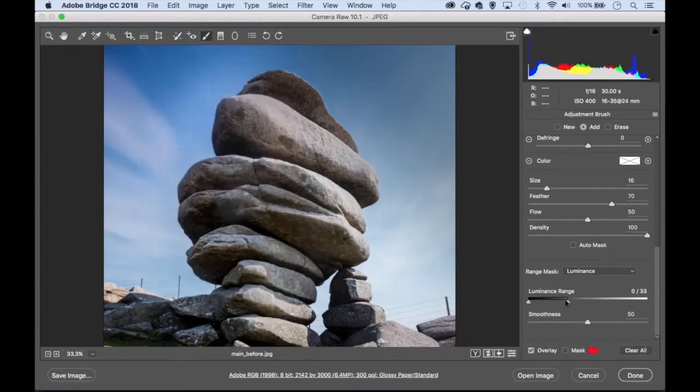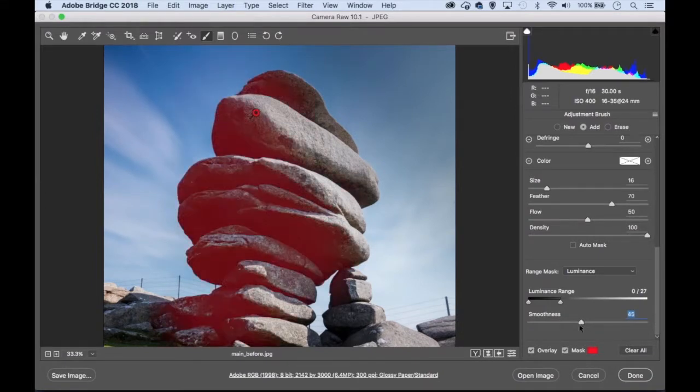So let's target those darker tones like this, and similarly with the color range slider before, we can use the smoothness slider to control the transition of the effect. If we use a high smoothness, we get a smoother transition between the parts of the range that are affected and the rest. If we use a low smoothness, you can see now we get a harsher transition between the affected tones and elsewhere. So we can just tweak the smoothness until we're happy. Again, we can hit Y to show our mask overlay and tweak the smoothness like this, and I'm happy with